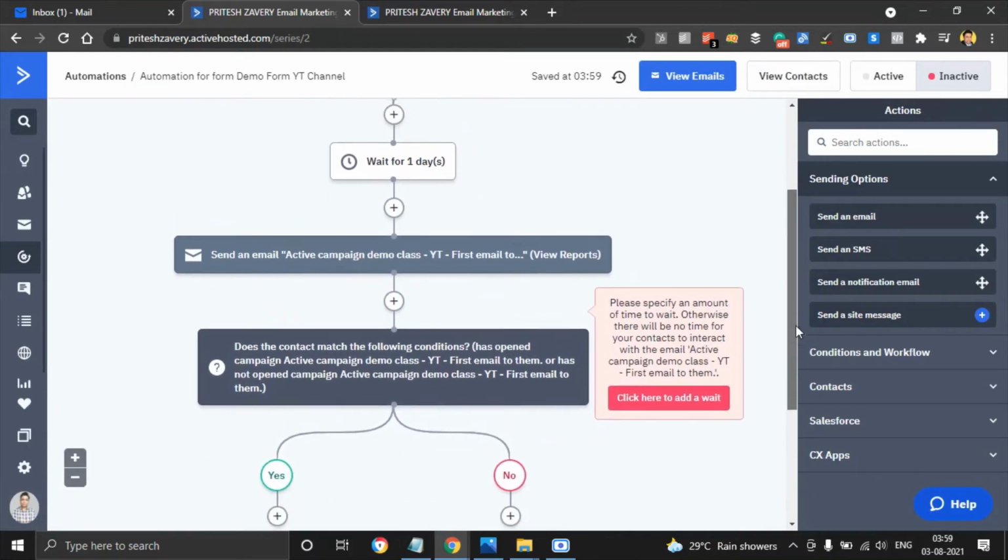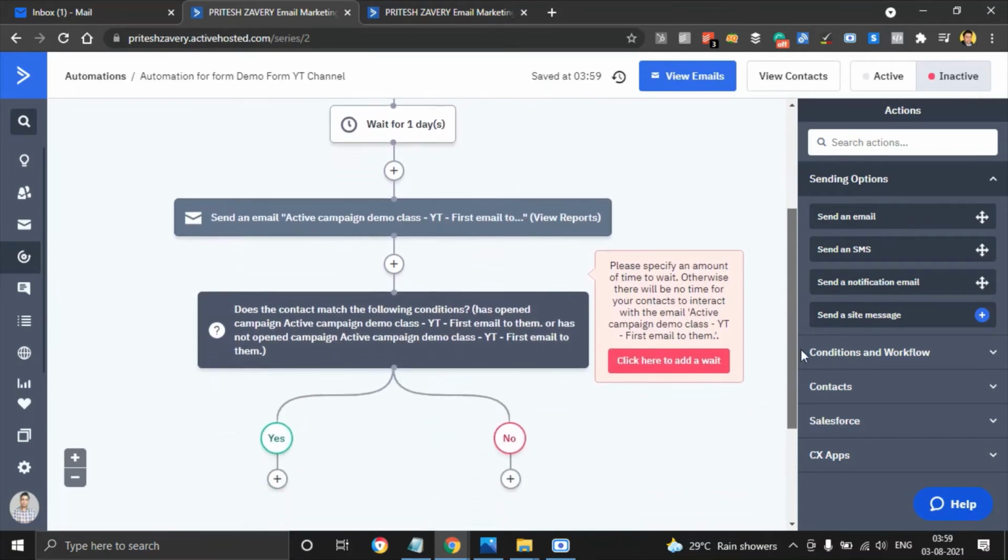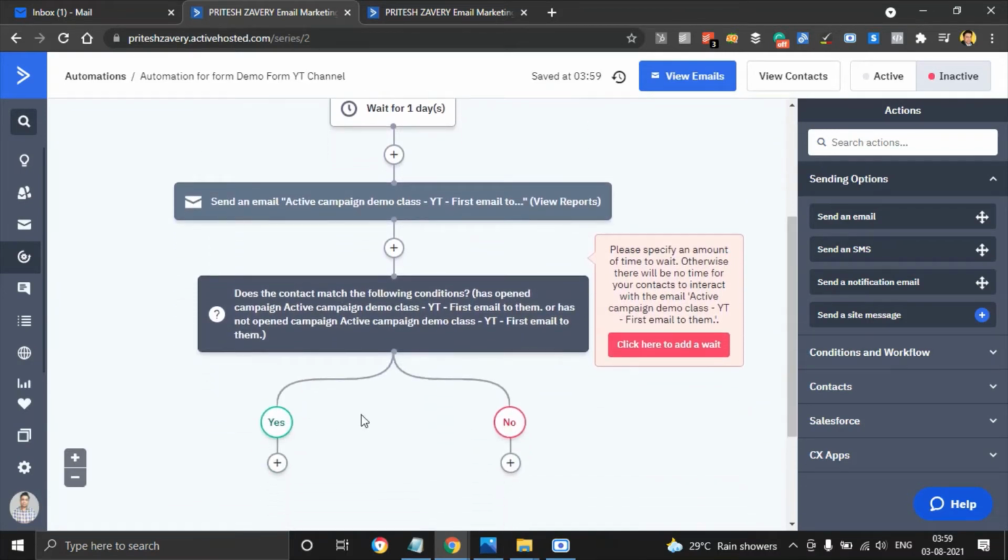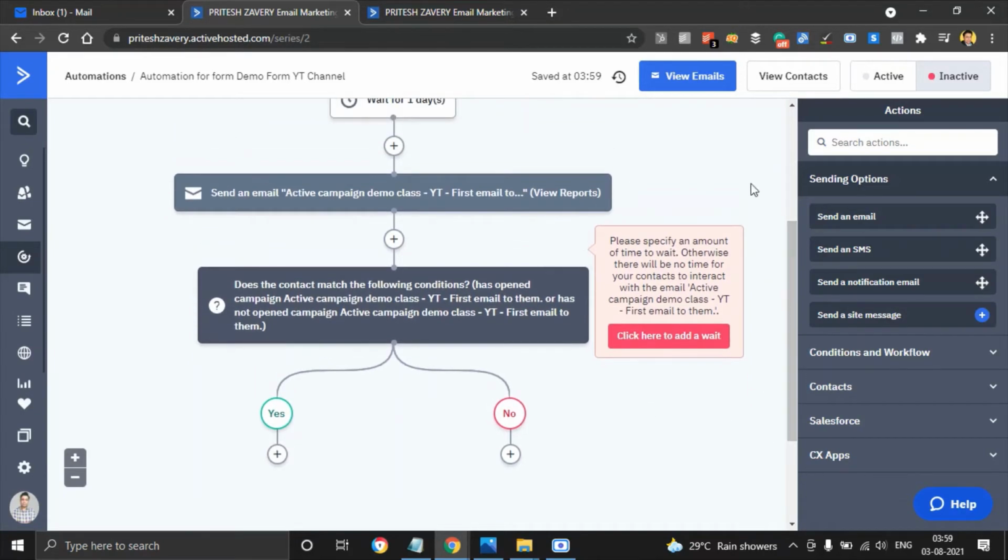This bifurcates our entire automation here, which says either people have opened or they have not opened this particular email. Again, just avoid this. We know what this is about. This tells us that you want to wait for some time before you take this action, because you want to give your subscribers some time to open the email, which is fine. This is just for the tutorial's sake, but you can just ignore this.